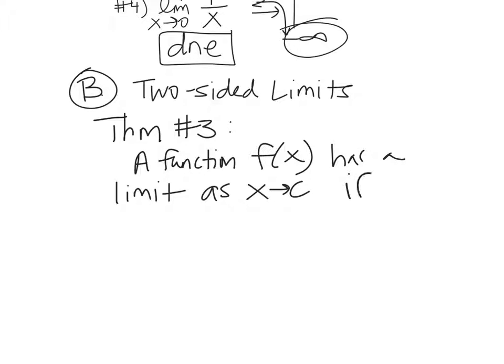This is how we abbreviate if and only if. If is different than if and only if. If goes one way. This, or, if that. But if and only if means I can go that way and I can come back this way, too. Both ways work, okay? So a function f of x has a limit as x approaches c if and only if